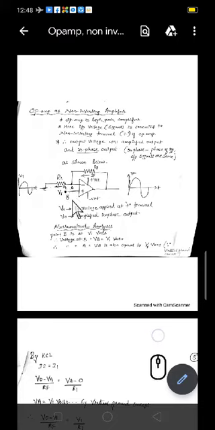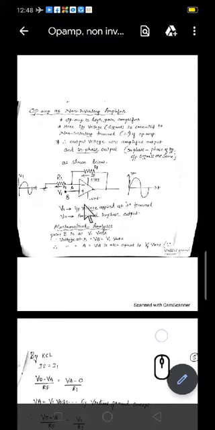So, moving into virtual ground concept, we will see the point B here. It is at what voltage? It is at the voltage V1 volts. Therefore, voltage at point B is V1 volts. VB is equal to V1 volts we are writing. Therefore, VA, that is voltage at point A, is also equal to V1 volts. This is virtual ground concept which we have written here clearly. And this we have clearly discussed in the previous analysis of the previous circuits.